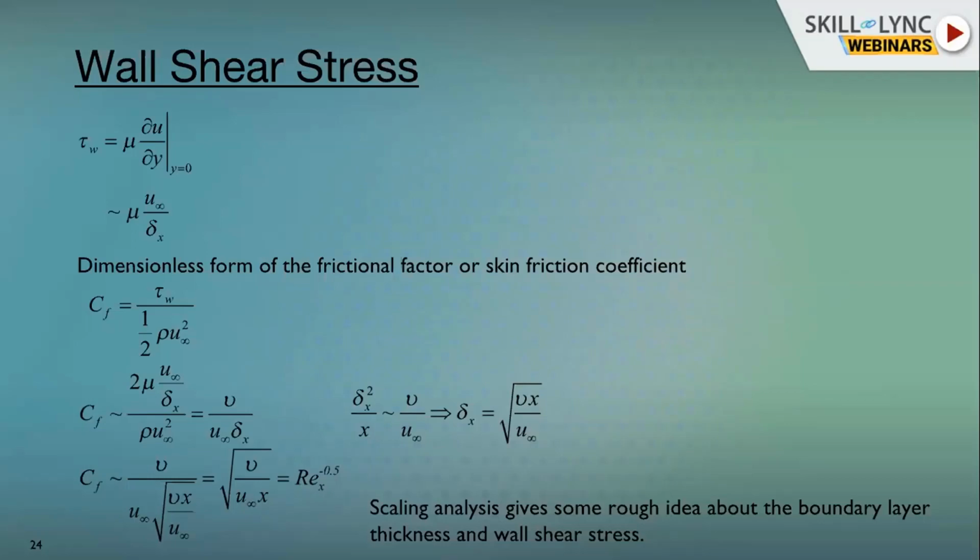So just like you are doing the non-dimensionalization for any other quantity in fluid mechanics, from the scaling and from dimensional analysis, we can non-dimensionalize the wall shear stress. That is called skin friction coefficient. When we divide the tau omega with rho u infinity square, that gives us a non-dimensional thing. So if you are measuring in millimeter, foot, centimeter or meter, that will be irrelevant,